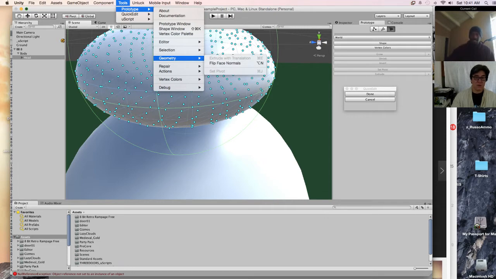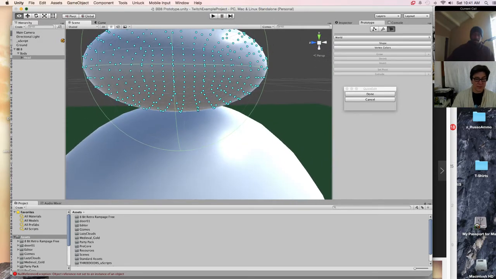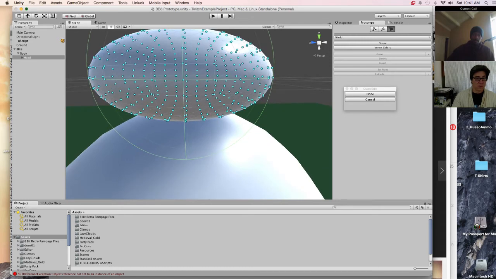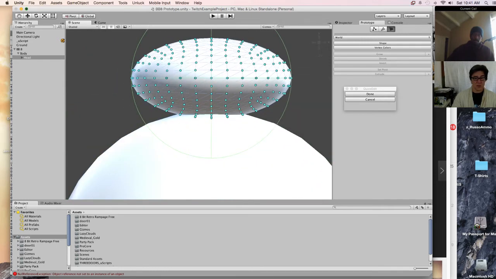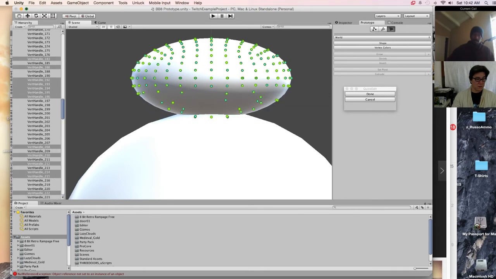Yes. So what I'm going to do is the equivalent of... Quick Edit is literally a vert editor. Let's look at this from straight on the side. There. Let's go to 2D actually. Okay, now you can kind of see it. What I'm going to do is select all of those verts and move them up. I missed some.